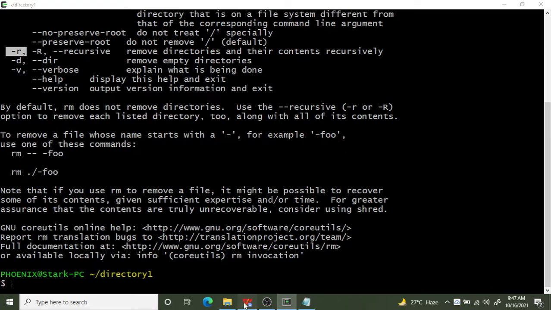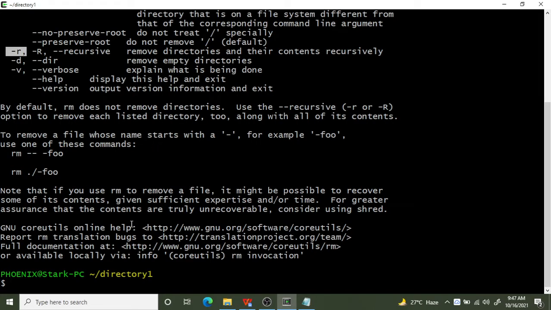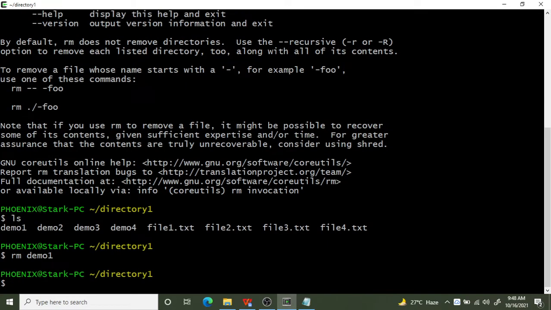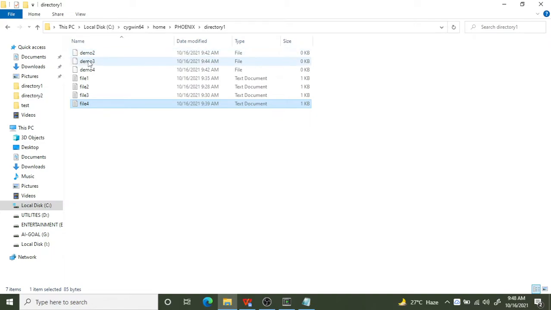So let's start, guys. Let's see how to delete a particular file. ls, what are the files available here? demo1, 2, 3, 4. So demo1 to demo4 are all empty files. Let's go ahead and delete one of them. rm demo1, hit enter. Now try ls. Can you see demo1 here? No, because it got deleted in the previous step. You cannot see the demo1 file, right? Because it got deleted through the rm command.